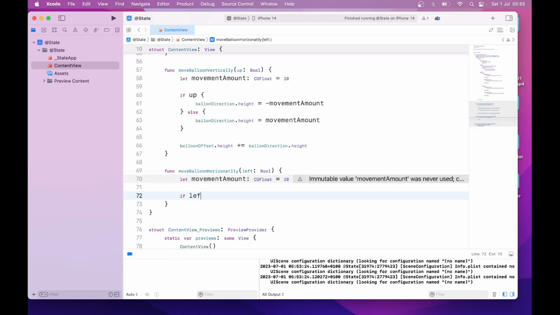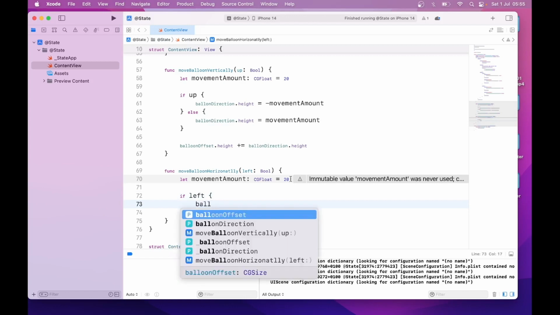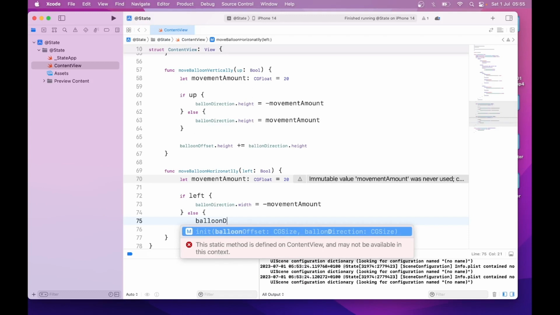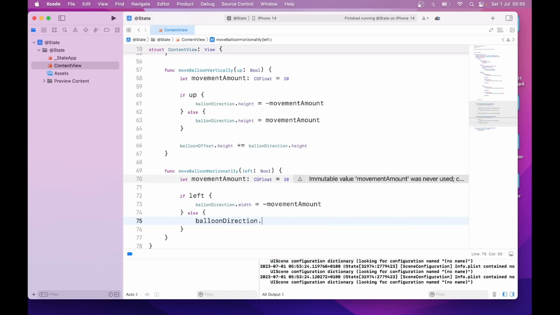If left, balloon direction dot width equals minus movement amount, else balloon direction dot width